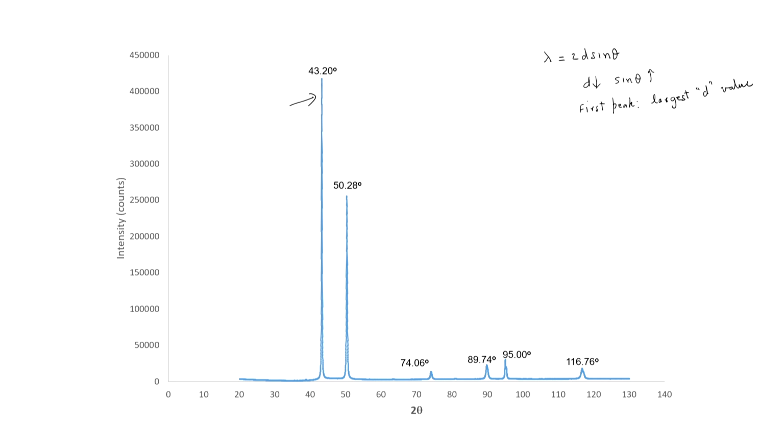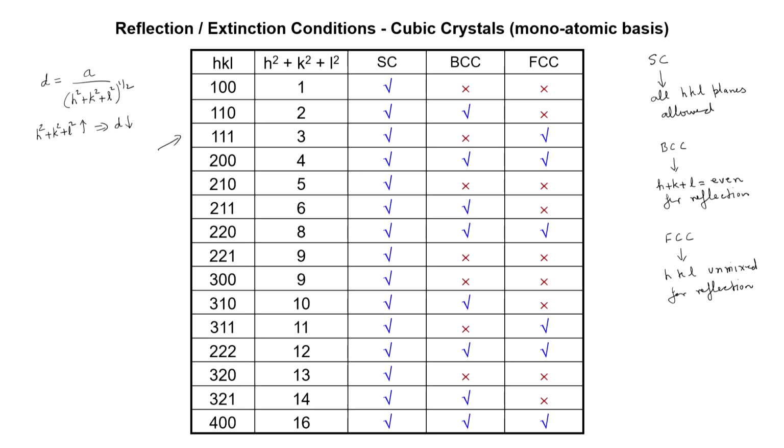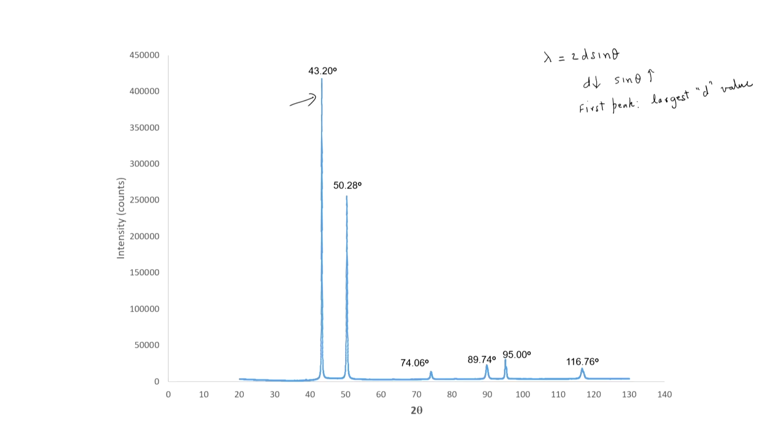So, if this was a face centered cubic material, then the first peak should correspond to the 1 1 1 HKL values, because that is where the extinction does not occur. For the previous two, 1 1 0 and 1 0 0, extinction occurs for FCC. Similarly, if it was body centered cubic, then I would make the first peak 1 1 0. Like that, by trial and error, I can start introducing the HKL planes, but we will do it in a systematic way, as you will see.